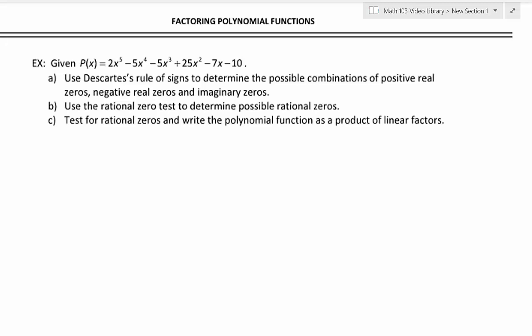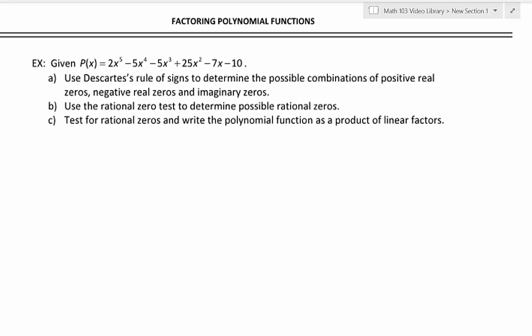In this video, we'll be factoring high-degree polynomial functions. We're going to be applying several techniques to accomplish this goal. So given p of x equals 2x to the fifth minus 5x to the fourth minus 5x to the third